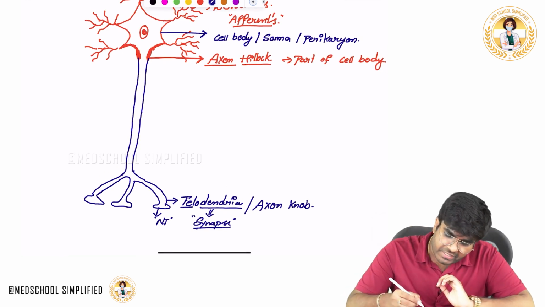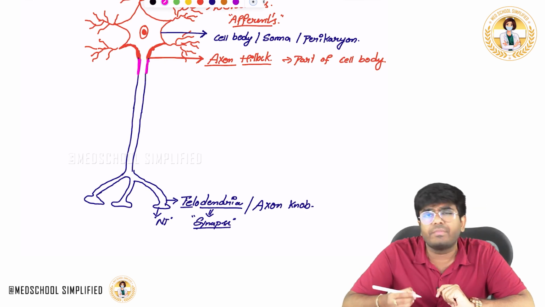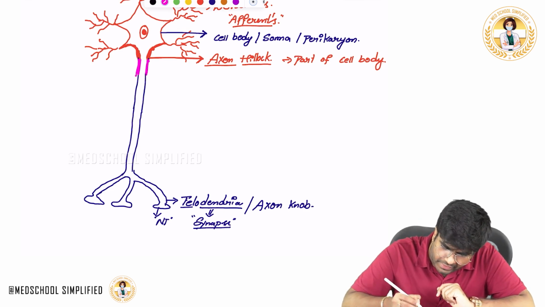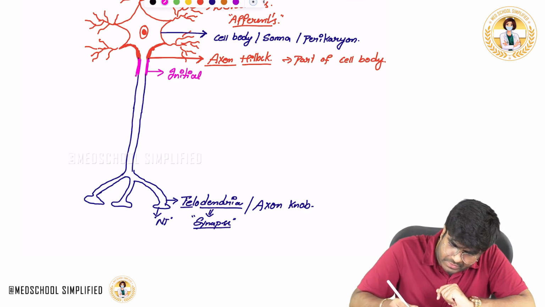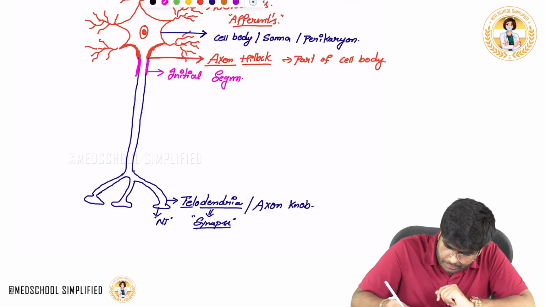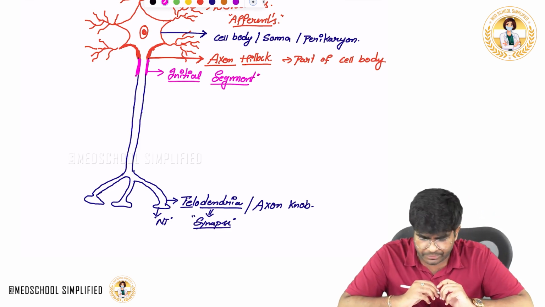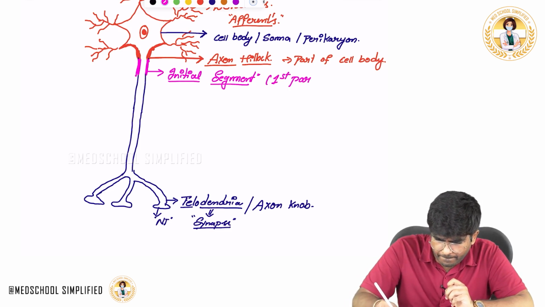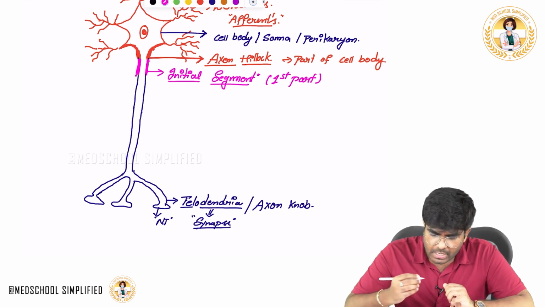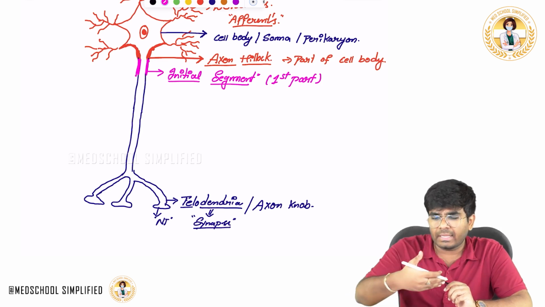Next point which I want you to know is the first part of the axon, this 50 to 100 micrometer area. The first part of the axon is called the initial segment. Why are these names important? Because there are MCQs related to them. And in this axon, the electrical impulse is being